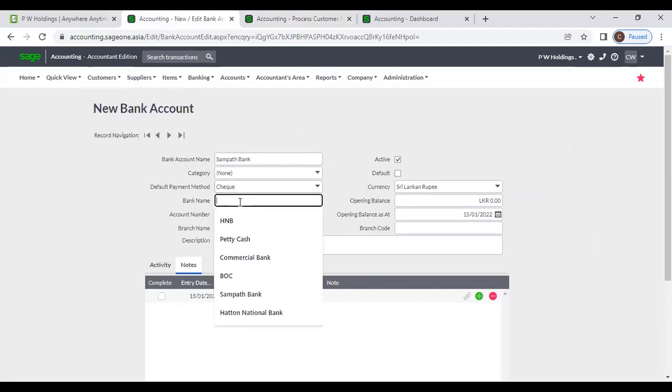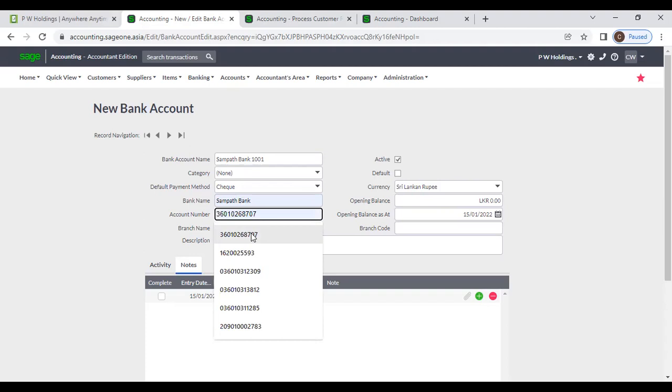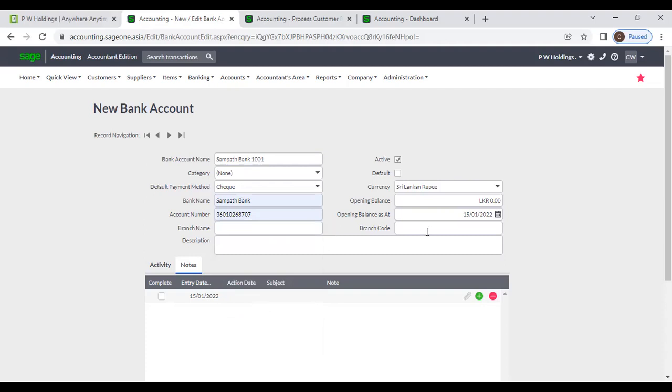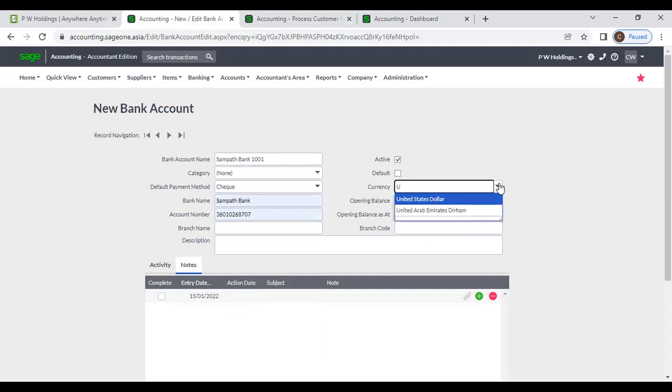Next, bank name. Now, bank name also you can type your bank, and this bank account name, if you want, you can enter any account number also. Okay. Next, account number, you can enter your bank account number, and branch name. You can enter branch code. If you are using any foreign currency bank account, you can select that foreign currency. Or if you are using any local bank, you can enter